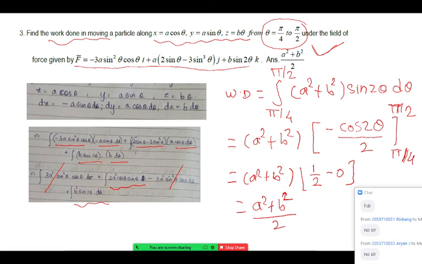Important thing you should remember, line integral we are doing in a parametric form. That is a simple trick. Important thing, all line integrals we do in a parametric form. That means we have to convert the integral into a single variable. It should be a single variable. So we cannot integrate f1 dx, where f1 is in xyz, and then dx, directly. We have to convert into a parametric form there.